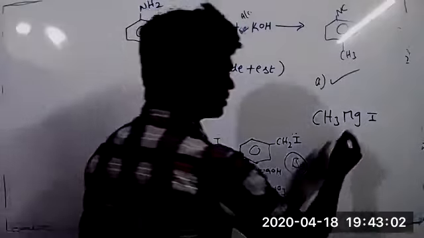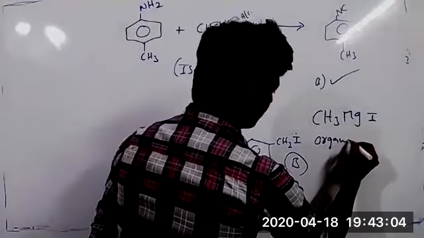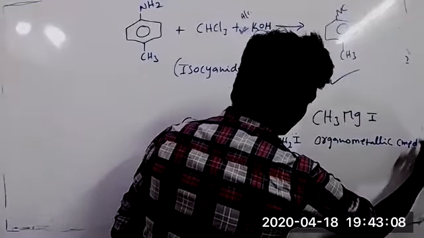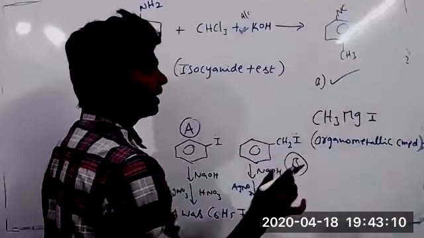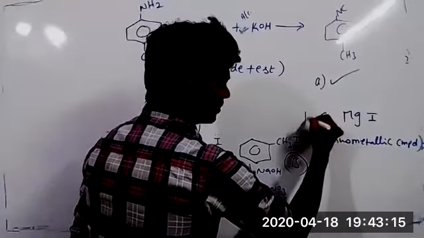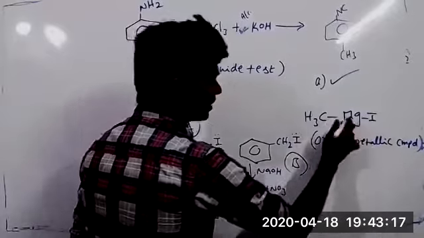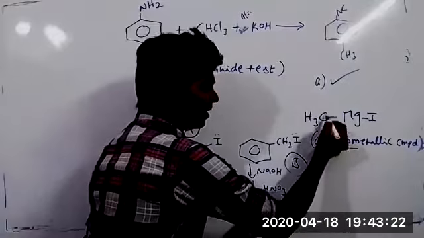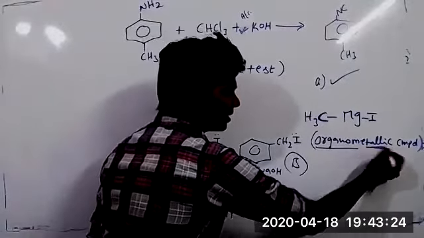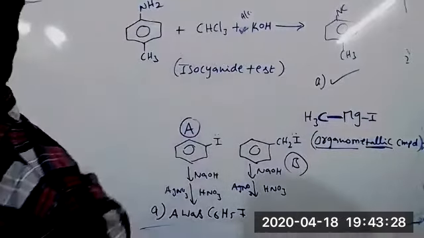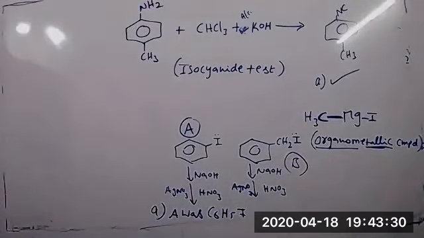The Grignard reagent has a C-Mg bond, sir. Organometallic compound, the reason is the C-Mg bond. Very good. Carbon and magnesium bond is present here. We need to write like this: CH3MgI. Due to this bond, we call it an organometallic compound. Organic compounds having carbon, the metal is magnesium, and in between this bond is present. That's what is called an organometallic compound. So option C is correct.